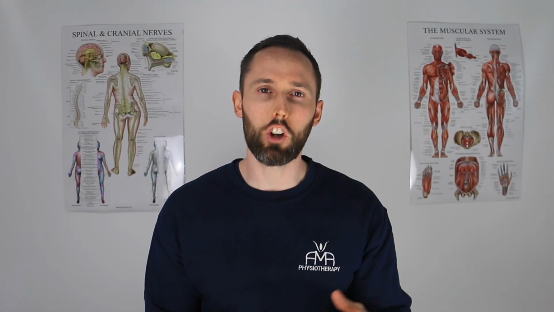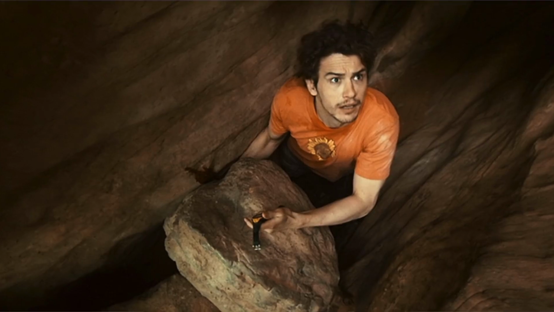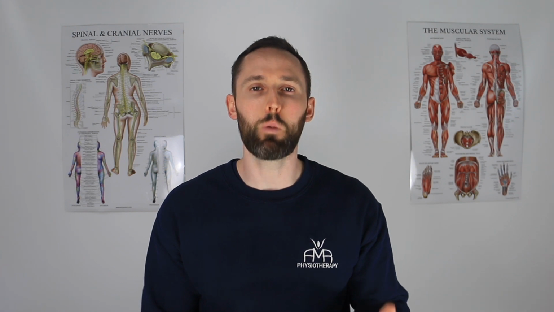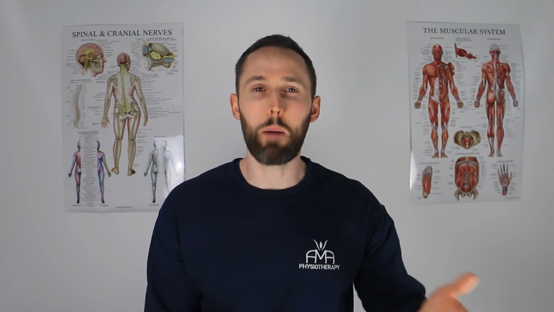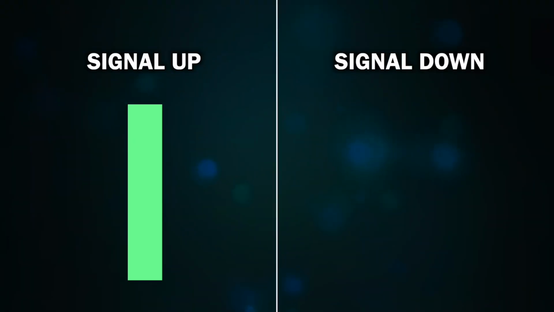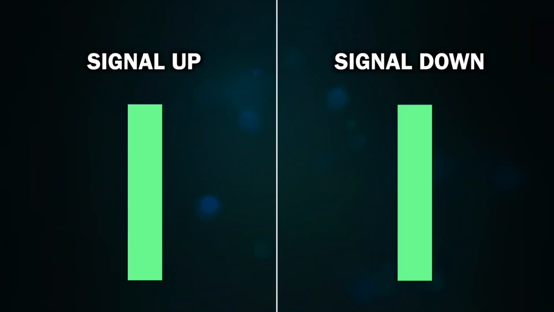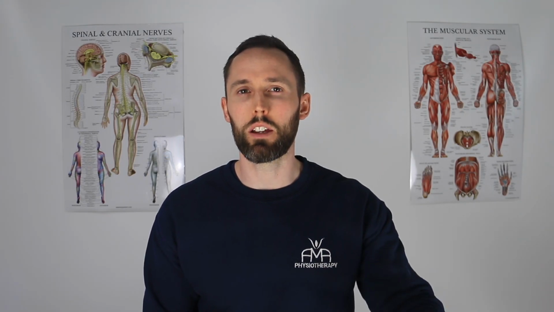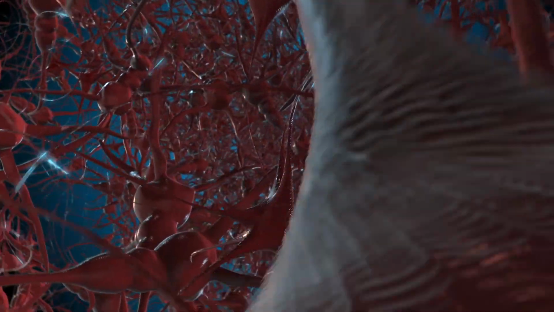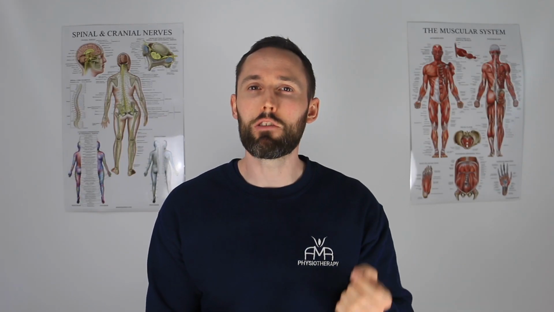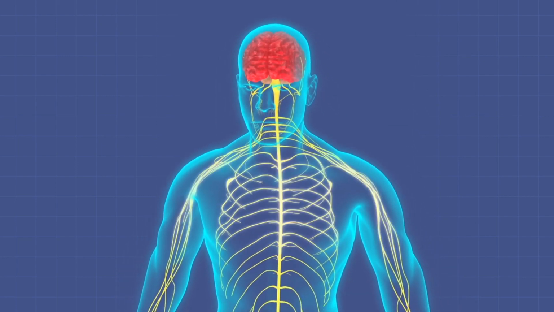But to explain the need for a conscious system, let's imagine you've cut this arm off and you've put it on the table. Will you feel pain? Well, yes, a massive amount because you've got a massive amount of tissue damage. Those signals will be sent up, telling the story of what's happening, and then a big signal will be sent down, lots of pain. But what about the arm on the table? Does that experience pain? Well, no, because it's not connected to a conscious system. It has just as much tissue damage, but no pain. It's just a lump of meat at that point. There is no brain connected there to experience the pain.